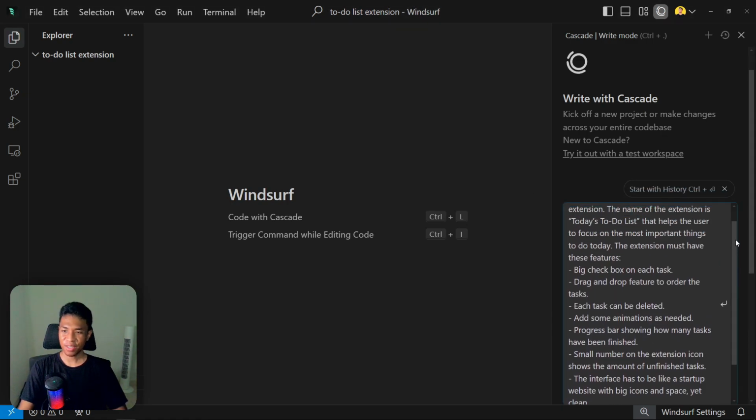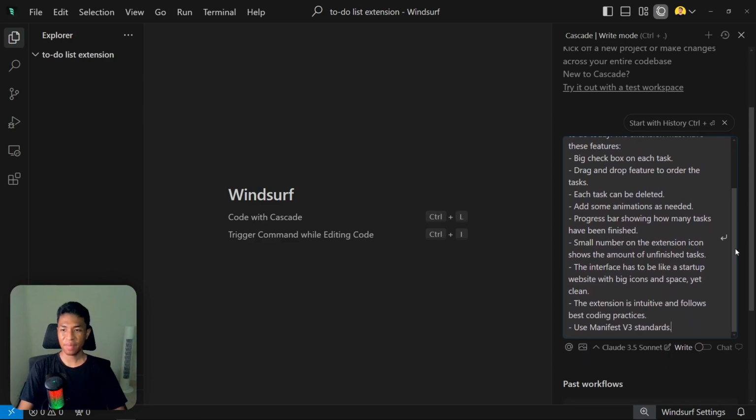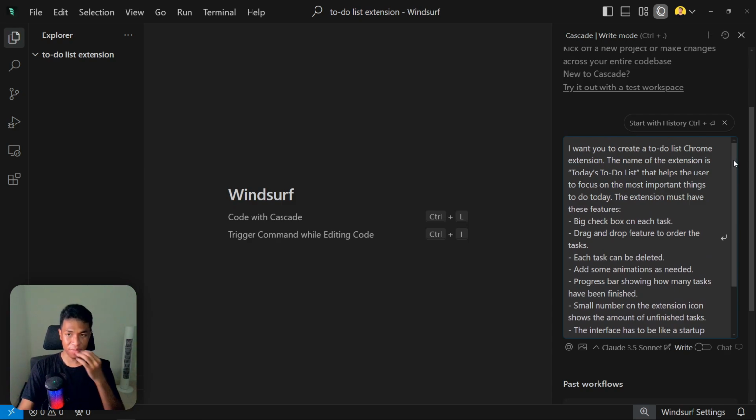prompt. It's actually quite long, but very much natural. It is something that anyone can describe. So I'm going to read the prompt, and also I'm going to explain why I use that prompt. The prompt is, I want you to create a to-do list Chrome extension. The name of the extension is Today's To-Do List, that helps the user to focus on the most important things